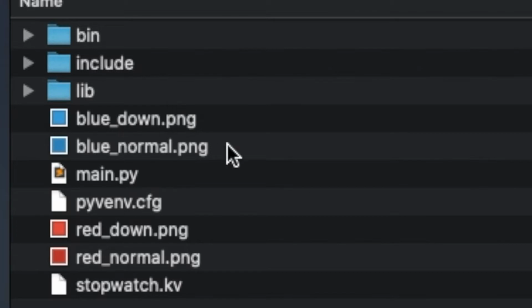Let's add some color to our buttons, and for that I have saved four 9-patch images: blue normal, blue down, red normal and red down. We will be using them for the normal layout and then the pressed layout.